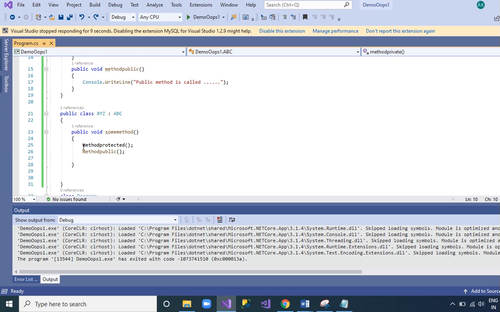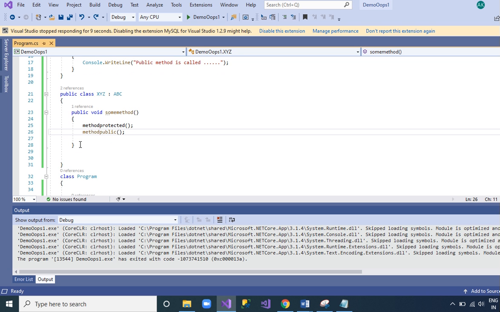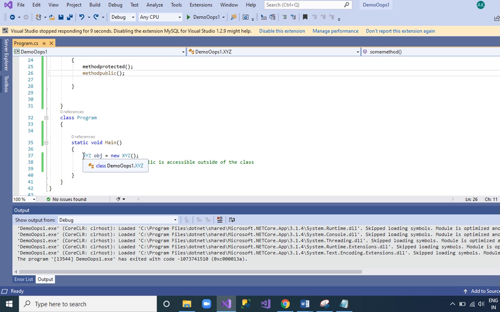But in another class, if we use inheritance and the method is public, then we can call it after creating the object of the other class.